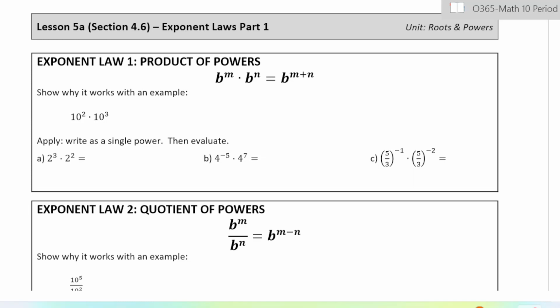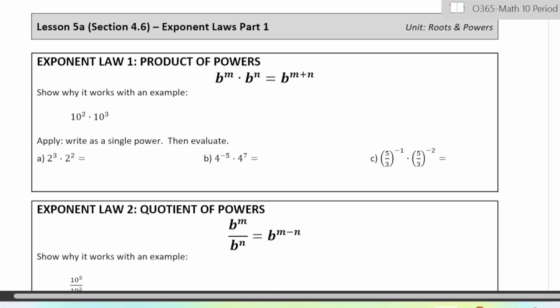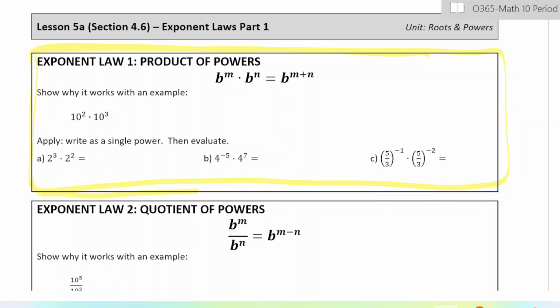When we do today's lesson, I'm just going to go over what we'll be doing first before we start writing anything down, just because the page looks a little bit complex here with all the boxes and numbers and letters. So with exponent laws, there are three main laws, and we're going to go over all three of those. I'm going to use different colors to highlight. The first one we'll do is the product of powers. When you do the product of powers, you add the exponents. So when you have two powers with the same base, you end up adding the exponents,